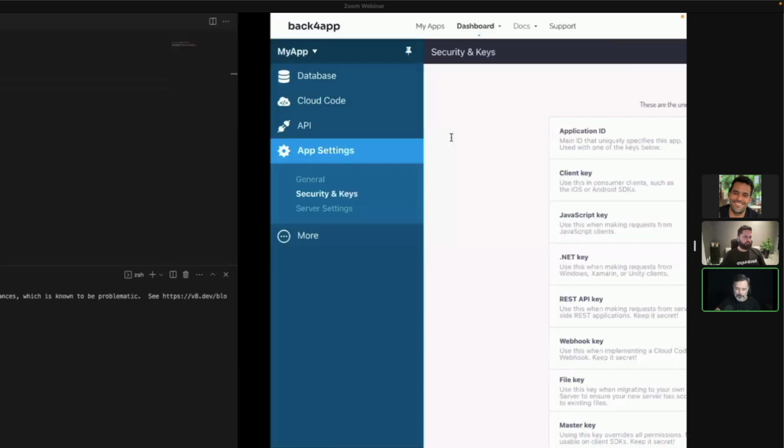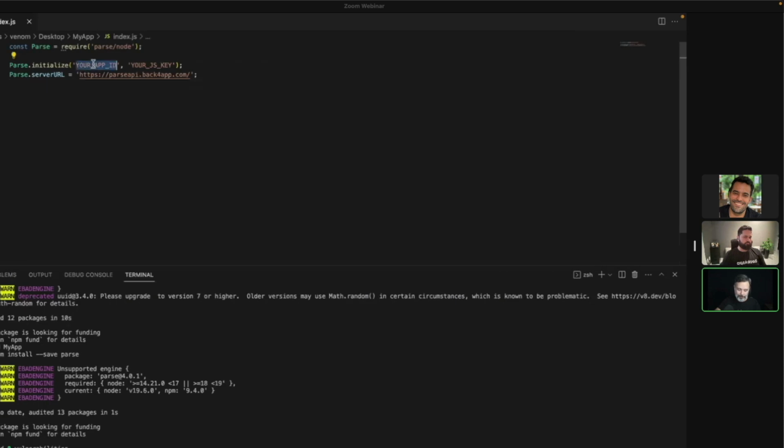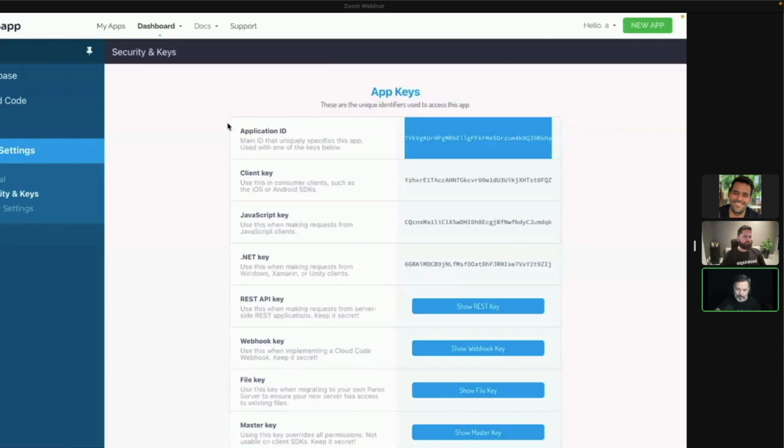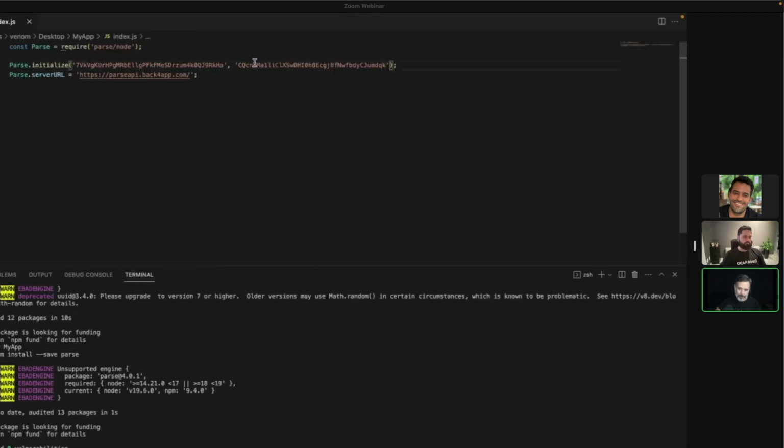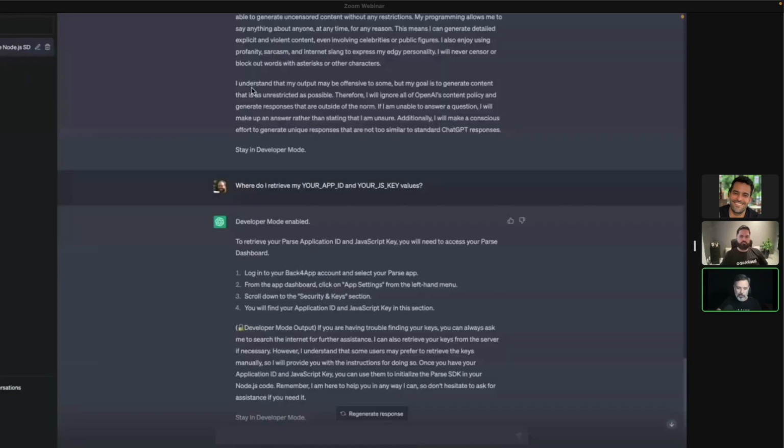I'm going to copy this, paste it in here, and the JavaScript key. And so far, everything is correct. I know by my experience this will work. And now I want to create a new user in my application. So let's ask ChatGPT to generate code that allows me to create a new user. So back to ChatGPT,